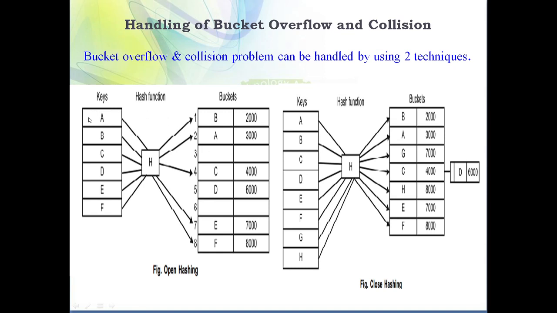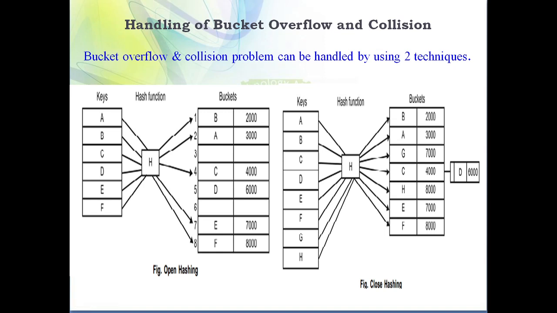This is demonstrated with the help of this particular diagram. Here you can see search keys C and D are mapped to bucket number 4. So in that case, how will this problem be solved? C is already placed in bucket 4, and then we try to place D in bucket 4, but space is not there. So in that case, it will check the next bucket. We found that at bucket 5 no search key is present, so we will place search key D in bucket number 5. So this is the concept of open hashing.